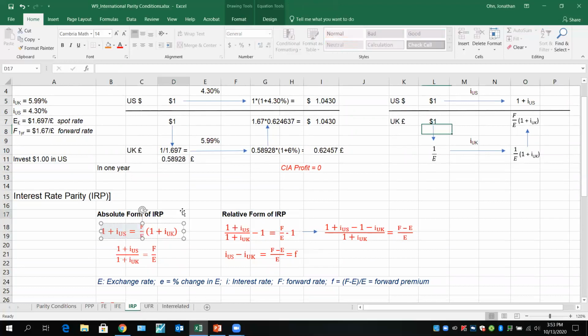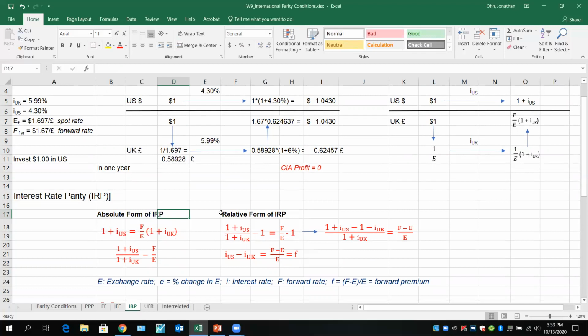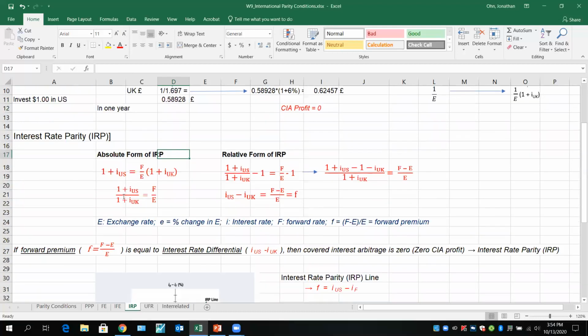So this is the US outcome, and the UK outcome is this one there. If they are equal, same thing. If you move this one this way and they are equal, we say that is exactly interest rate parity, IRP. Okay. Now, if we change this absolute form to relative form, just subtract 1 from